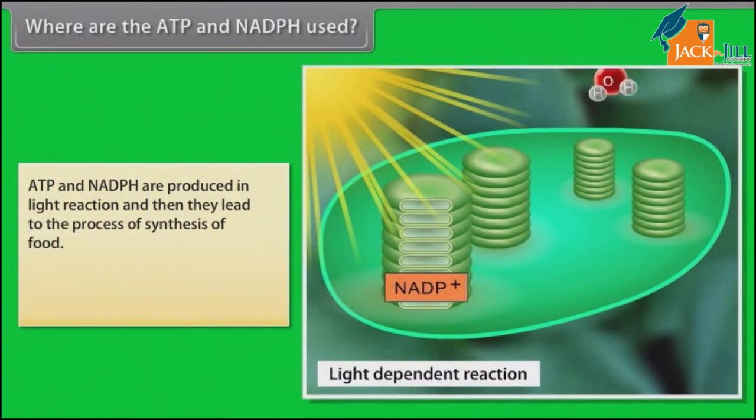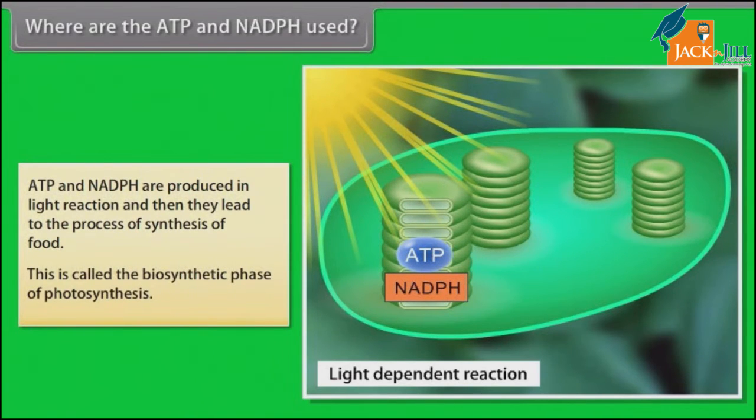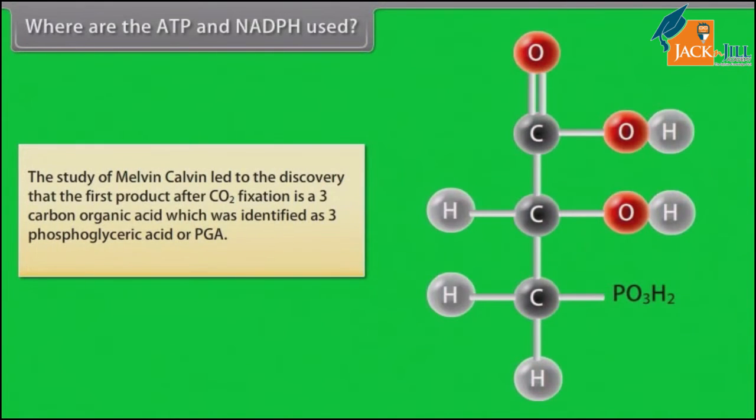Where are the ATP and NADPH used? ATP and NADPH are produced in light reaction and then they lead to the process of synthesis of food. This is called the biosynthetic phase of photosynthesis. The study of Melvin Calvin led to the discovery that the first product after carbon dioxide fixation is a 3-carbon organic acid, which was identified as 3-phosphoglyceric acid